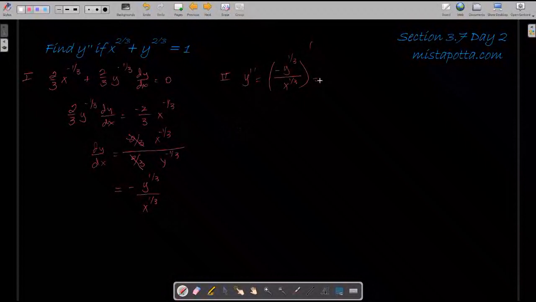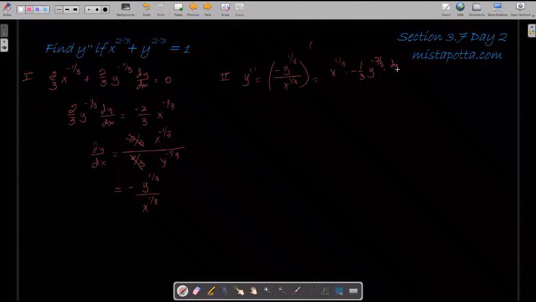So I'm going to have my denominator times the derivative of my numerator. So this is going to be negative 1/3 y to the negative 2/3 dy/dx